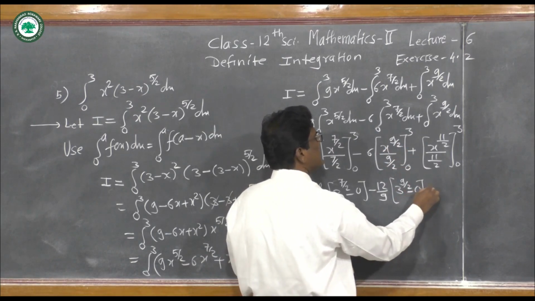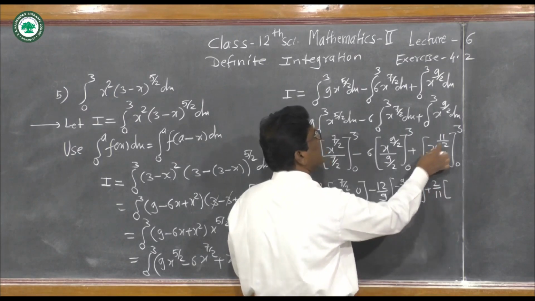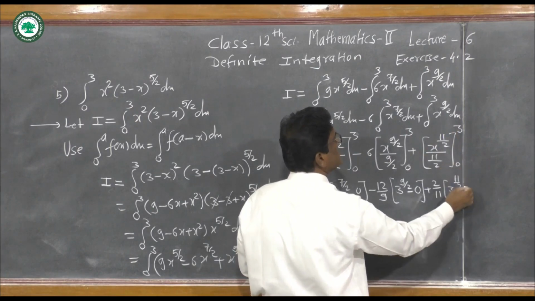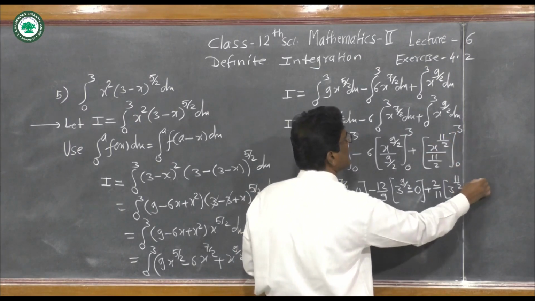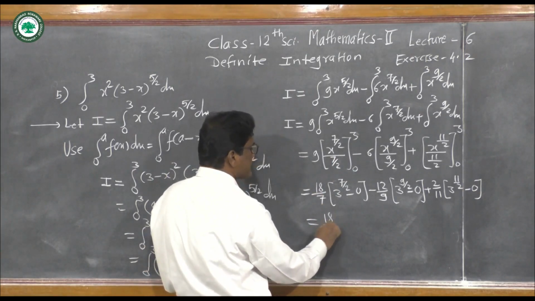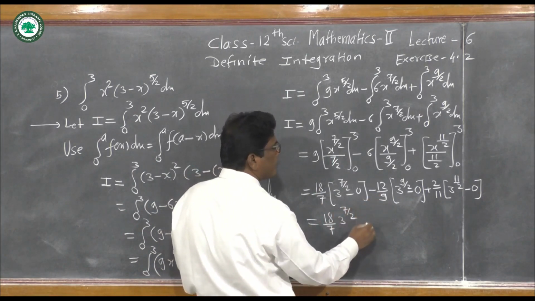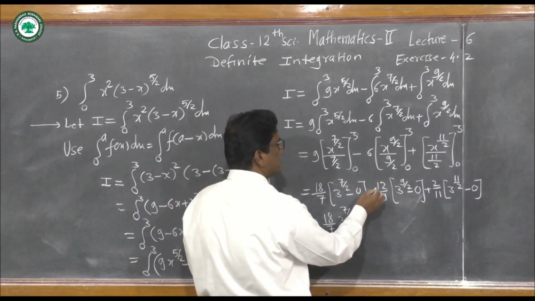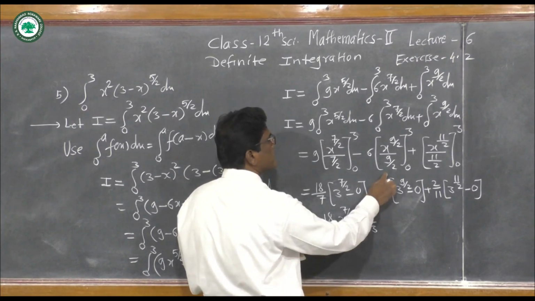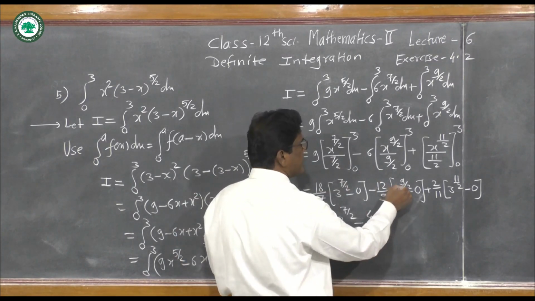0, plus here this 11 by 2 we write 2 upon 11, and in bracket now put x as 3, so 3 to the power 11 by 2, now put x as 0, 0 to the power 11 by 2, it is 0. So we get here this 18 upon 7 as it is into 3 to the power 7 by 2. Here minus 3 4s are 12 and 3 3s are 9. 3 4s are 12, 3 3s are 9, and 3 to the power, this 3 to the power 9 by